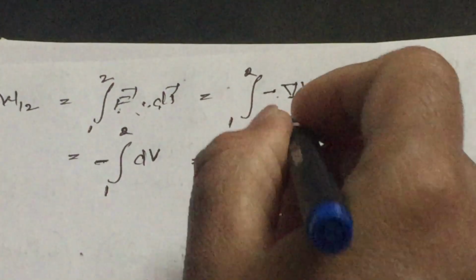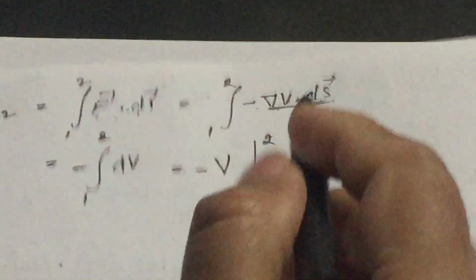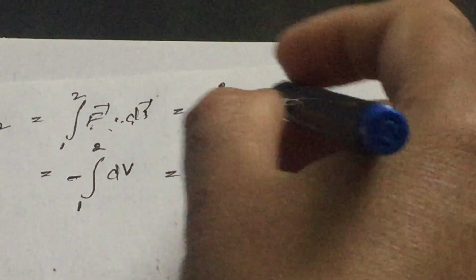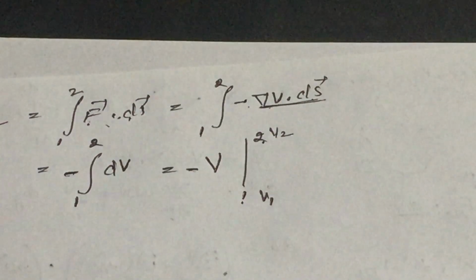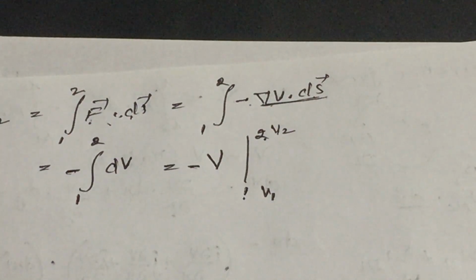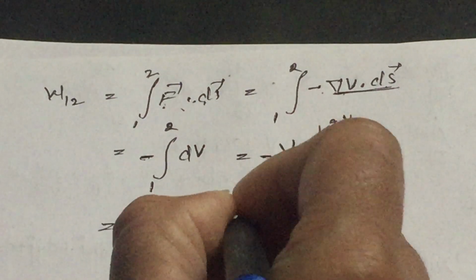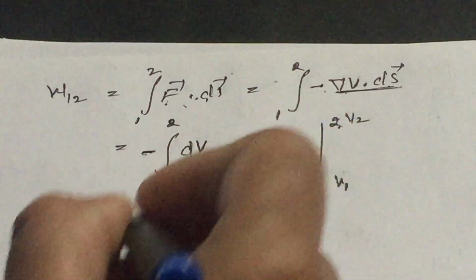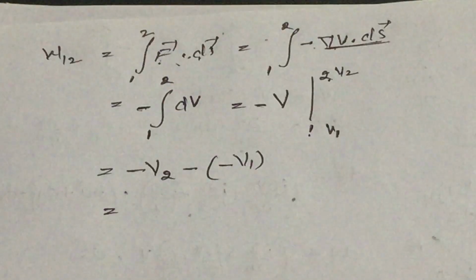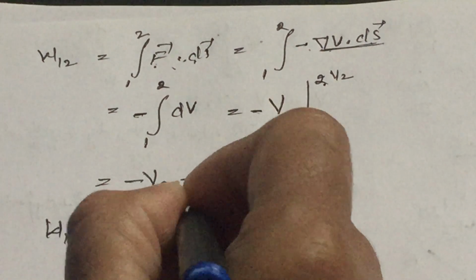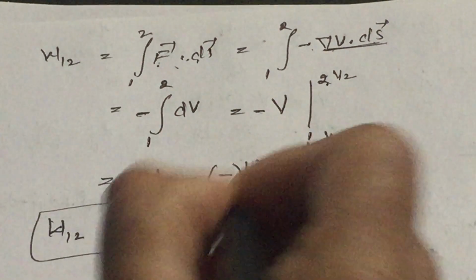At position 1 and at position 2, let us consider the potential energy is V1 and the potential energy is V2 in this case. Put the upper limit and lower limit. We will get minus (V2 minus V1), or if we rearrange it, we will get the work done as V1 minus V2. How will we